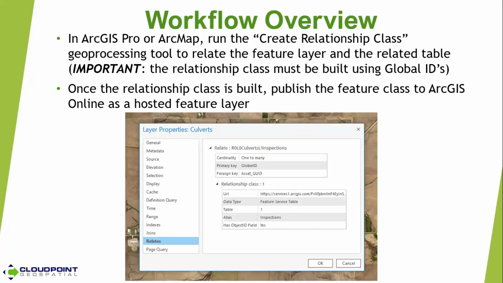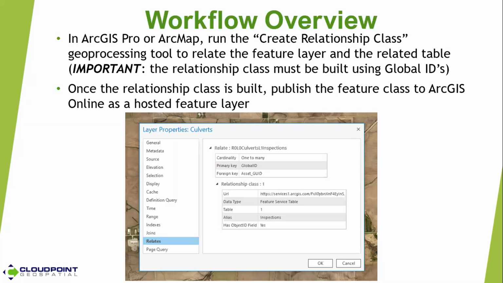So if it was a one-to-one relationship class, we'd only be able to submit one inspection record per survey or per culvert. In this case, since it's one-to-many, we can have multiple inspection records on each culvert. We can see that here, a couple of fields right underneath that cardinality are the primary key and